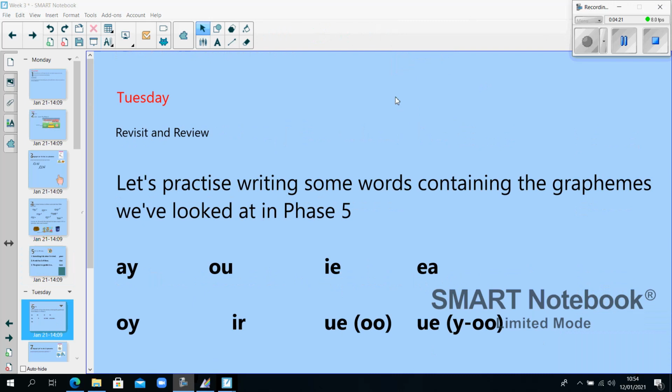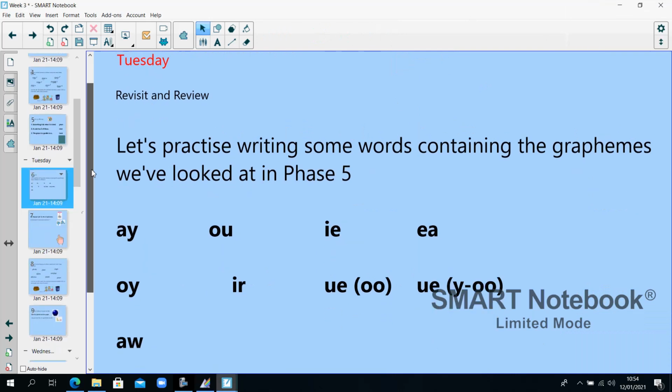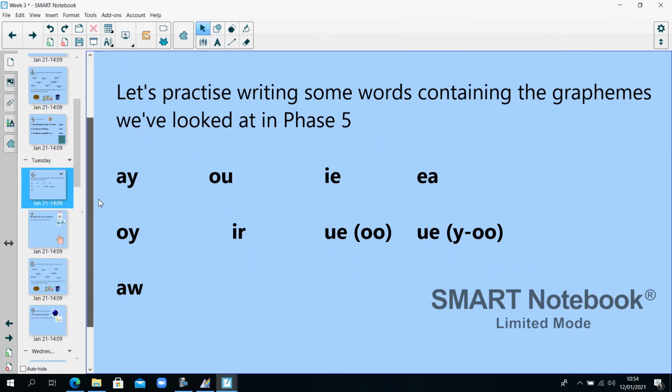Phase 5A, week 3, Tuesday. So, I want you to practice some words containing the graphemes we've looked at so far in phase 5. So it could be play with our A phoneme, cloud with our ow, girl with our ir, tie with our I, bead with our E, boy with our oi,